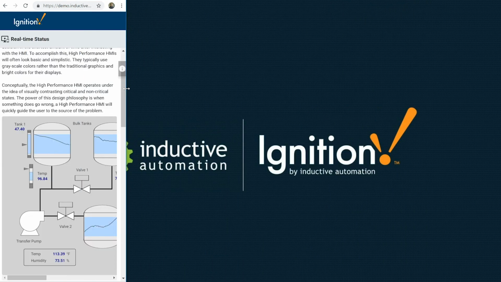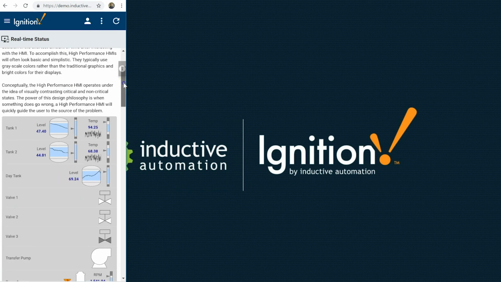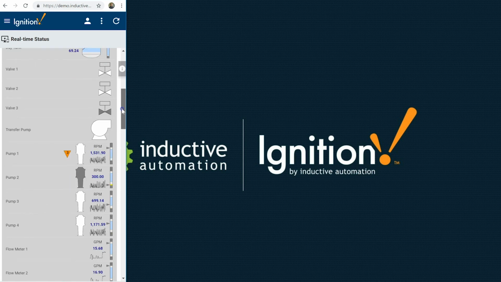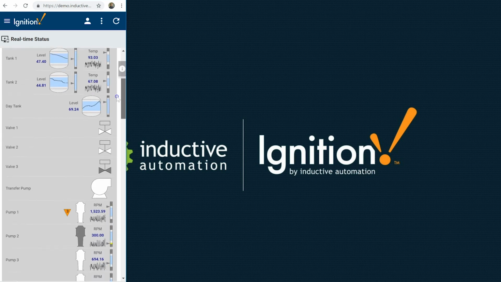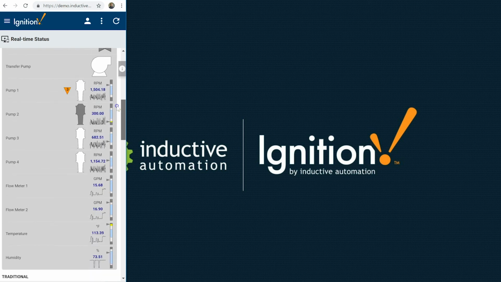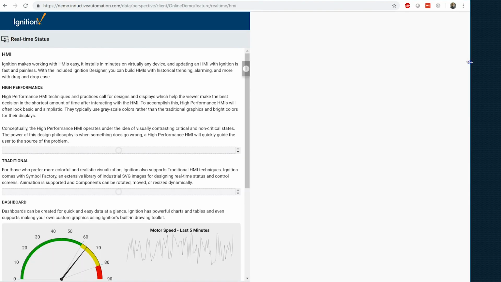If I shrink this down here, it's going to take a second, and then it converts it. You can see I just take those elements and put them in a portrait format by lining them up one by one. So you can do those kinds of things for responsive design. That's an example of our breakpoint container, where you've got one layout for a large screen and a completely separate layout for a small screen. And then if I make this big again,